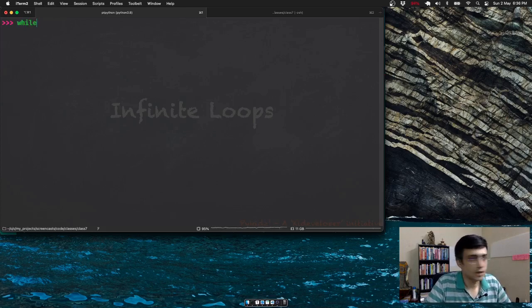Now when I say while True, you know what True is, right? True is a Boolean literal, which means it will always be true. You can never change this value, right? It's always going to be true. So if I do this and I say print "going on", I'm using a double quote. You can use single quote also, Python will work with both of them. So if I run this, it will never stop.